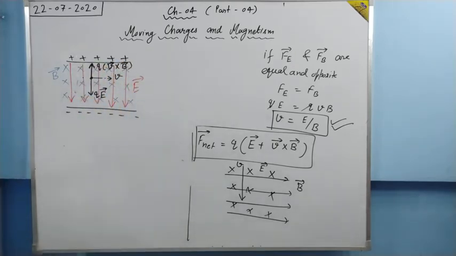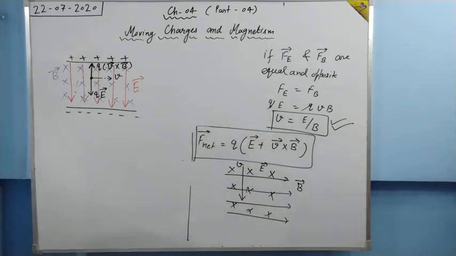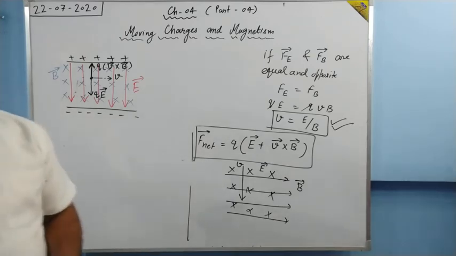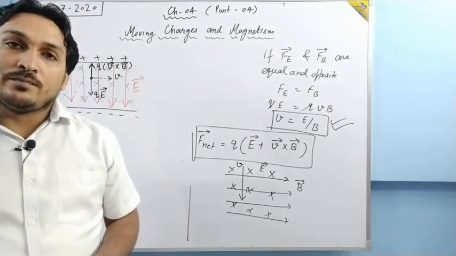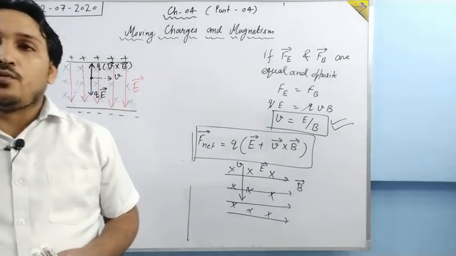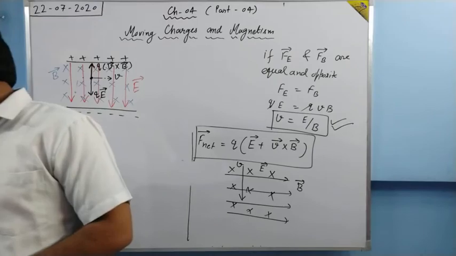If both are equal, then this condition will be satisfied. Okay, so this is how a charge moves undeviated through a space where electric and magnetic field both are present. Is that clear? Now, the next thing we need to study is the path of the moving charge in a magnetic field, and that we are going to do tomorrow. Tomorrow this section will be over, and then after that, the last section, force on a current carrying wire, will be started. Okay, so this is all for the day.